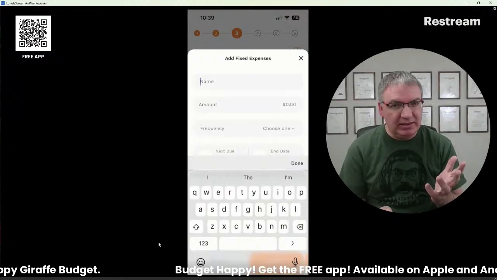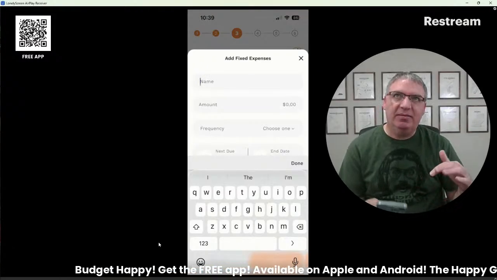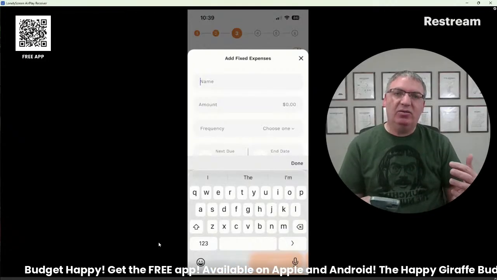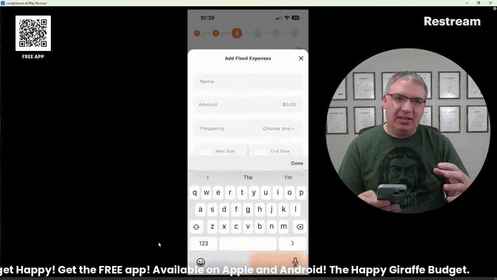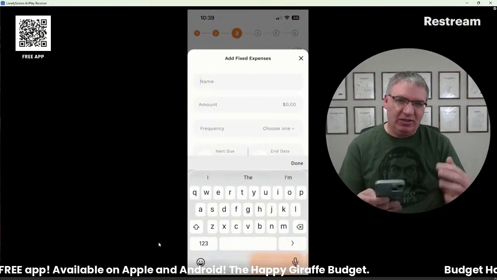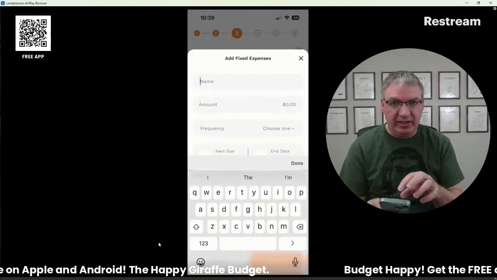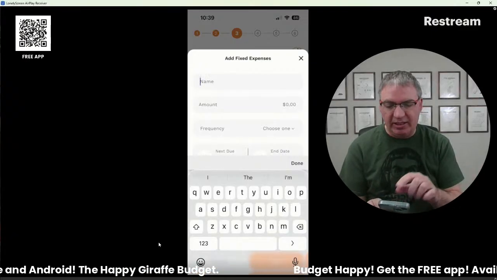So utilities is always a hard one because there's electric and gas. And for me, at least, they go kind of opposites. So the total is somewhat consistent, but individually they go higher and lower. You can't put in just utilities as one thing, which I'll show you why in a little bit.